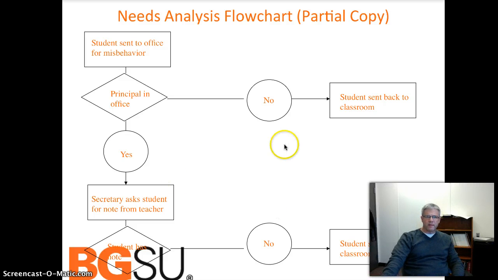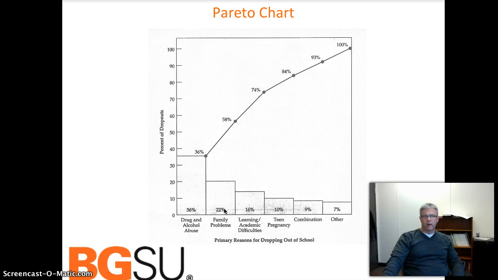And maybe one of the concerns that we have, and what we realize, is that we have students being sent back to class after being disruptive, and the principal's like, I didn't even see that kid, or that kid never even made it to my office, or I don't know what you're talking about. And it's the secretary, right, engaged in this practice. So this is an opportunity potentially to help develop the classified staff as well.